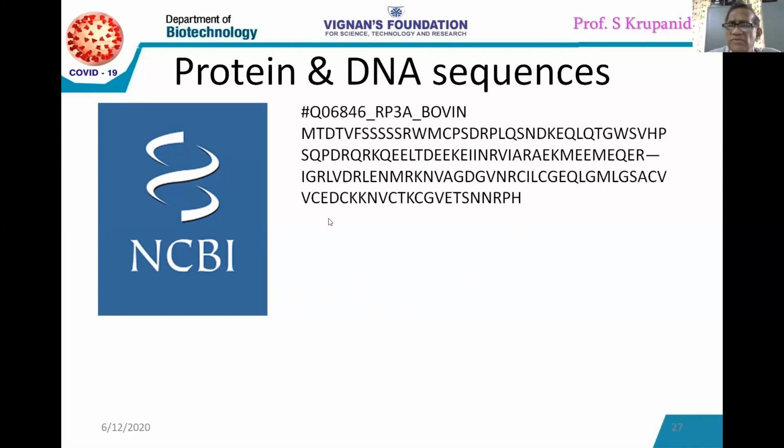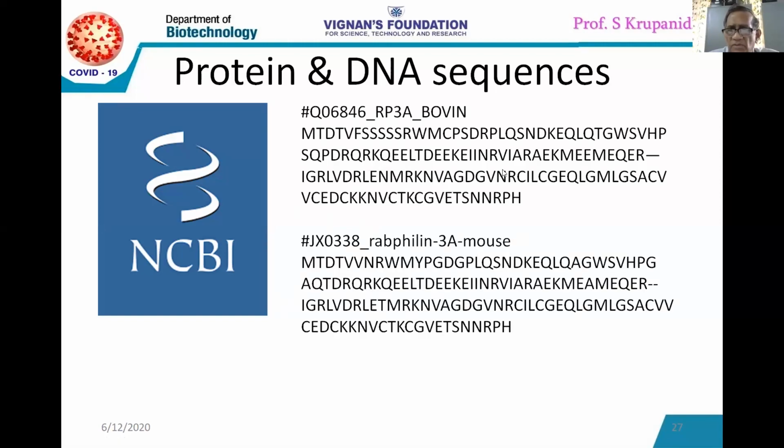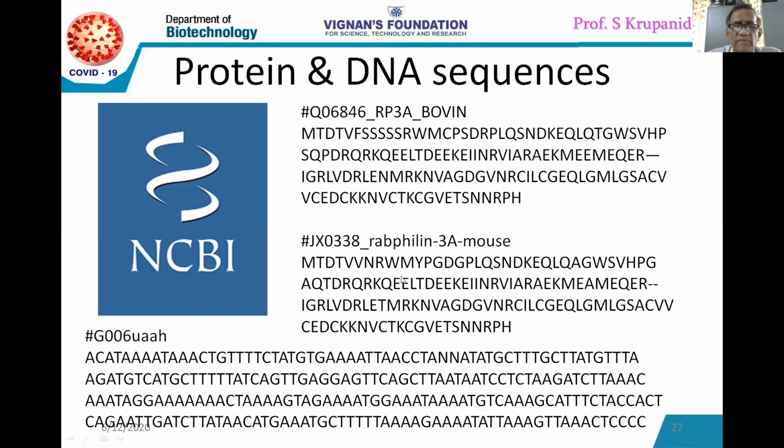The genome sequences come in several formats. It may be FASTA format, Nexus format, MEGA format, or Phylip format. This particular one that I have been showing here is the MEGA format. It is a protein sequence. The other one is also protein. For those who are not familiar, new students, I am showing here: this is also a protein sequence. This is the DNA sequence in MEGA format. Like this, we have to select the sequences of our choice on which we are working.